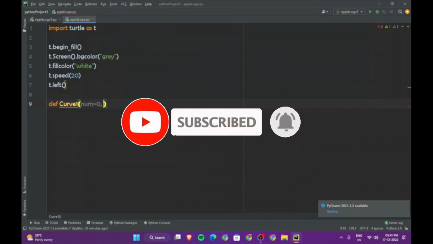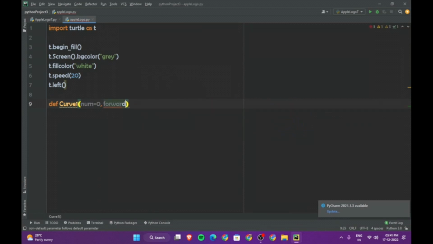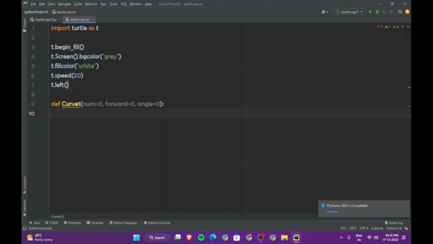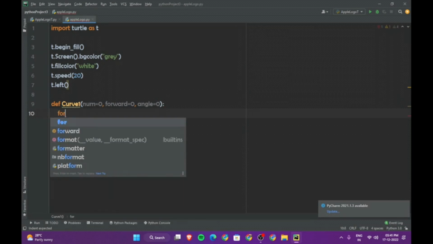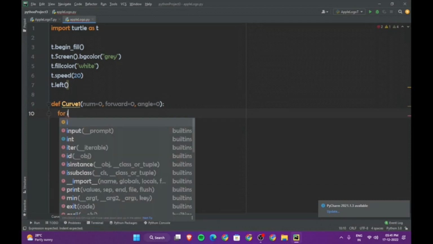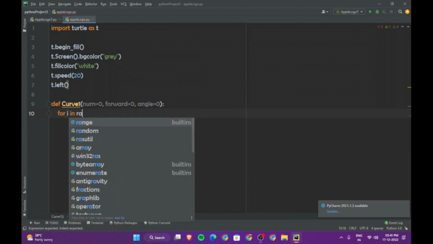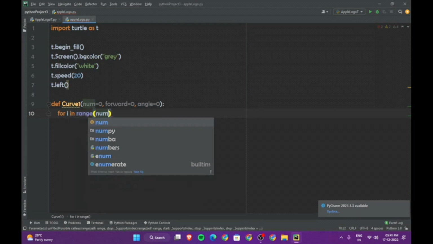So let's say num, forward, angle, and then for the function we are going to create a for loop. For i in range num,